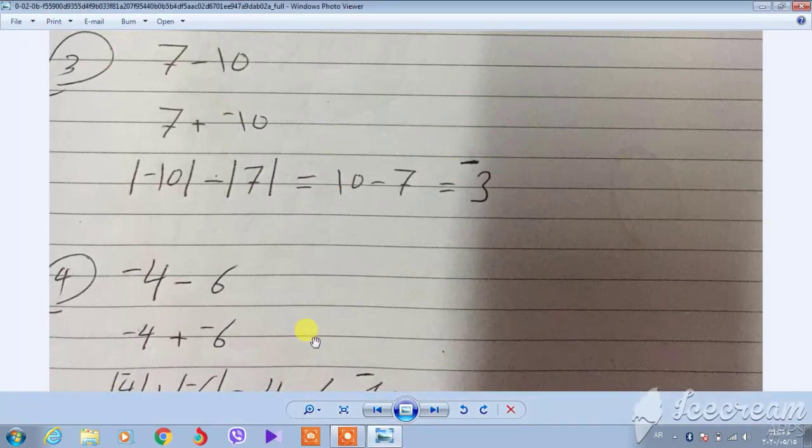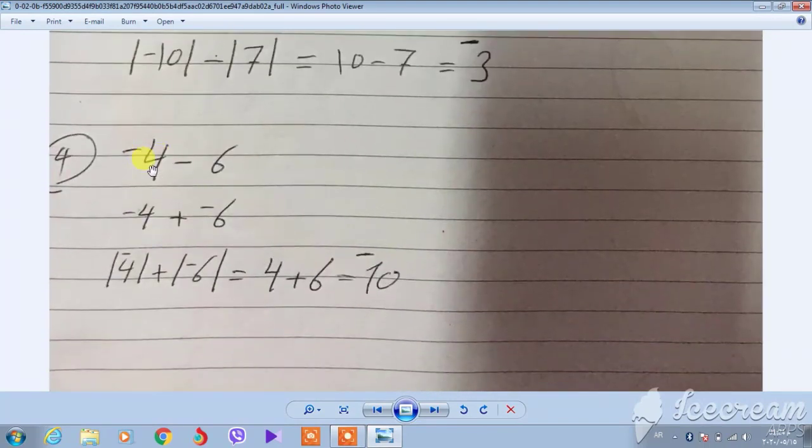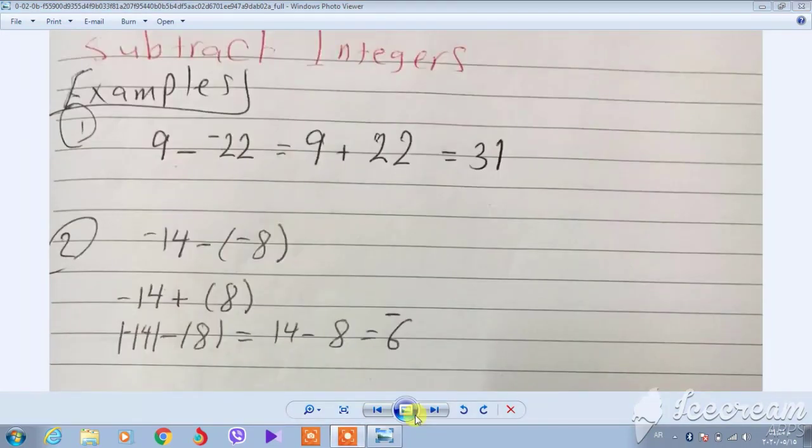And in practice 4, or example 4, negative 4 minus 6, what we do if we have negative 4 minus 6? Negative 4 plus negative 6. Why? Because we change subtract to addition and the opposite of the second number. And now we have like signs. In addition, if we have like signs, what we do, we add the absolute values of both of them. Absolute value of negative 4 plus absolute value of negative 6: absolute value of negative 4 equals 4, absolute value of negative 6 equals 6. 4 plus 6 equals 10. Because we have like signs, we write the negative in the answer. Students, the examples we are learning now, or we review, are so important for the exam, students.